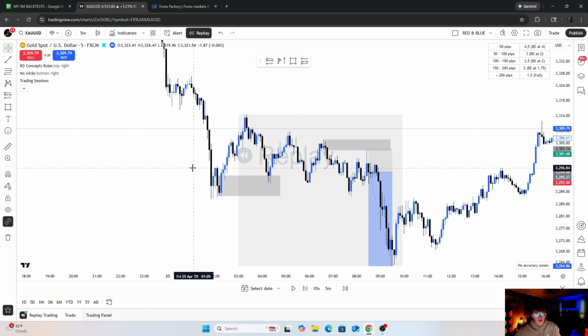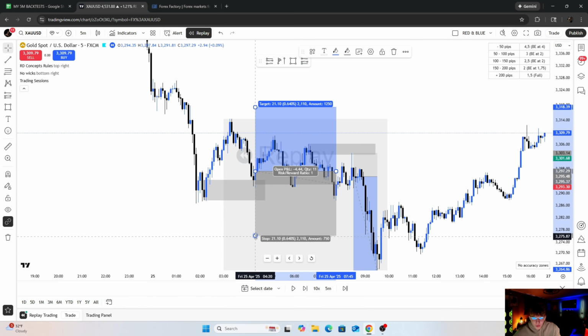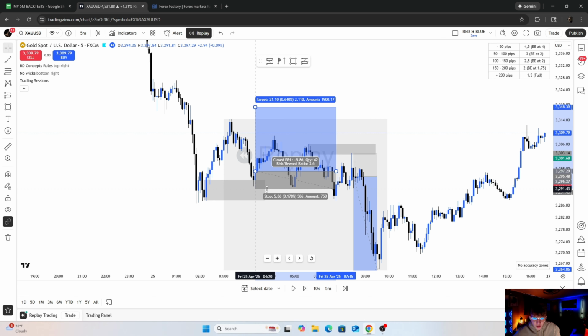Because in live markets, you are going to maybe take a couple trades that you wouldn't take in backtesting, right? And I like to make sure that my backtesting is as close to live markets as possible. So I might note this one down